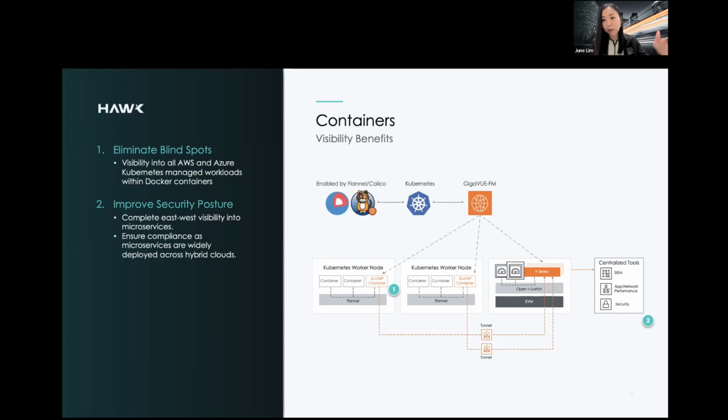Just for you to know as well, one cloud license allows you to see into different kinds of cloud environment. We don't have a license to say, oh, this is just for Amazon, this is just for Azure, this is just for Kubernetes. It applies to all. You can spin up any kinds of environment and we will be able to help you to see it.